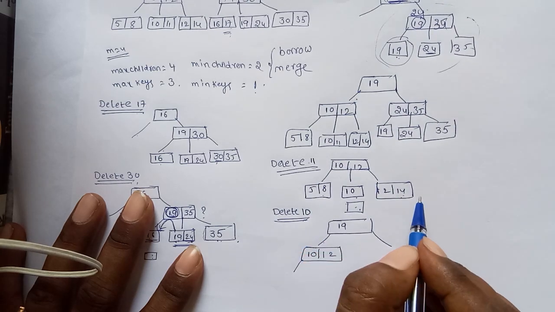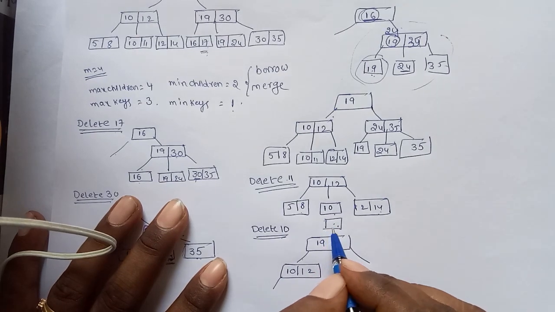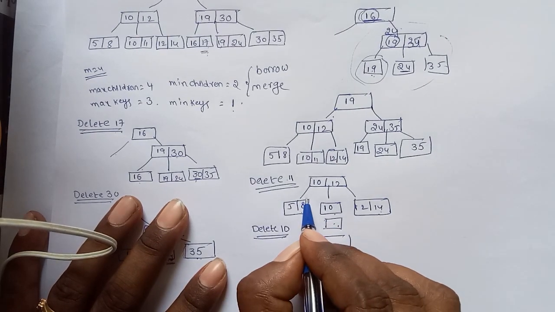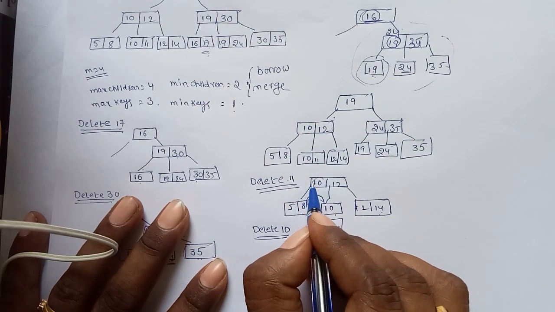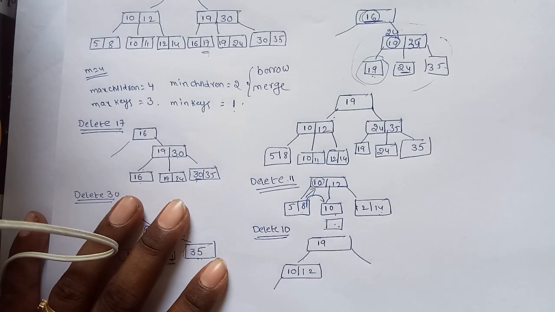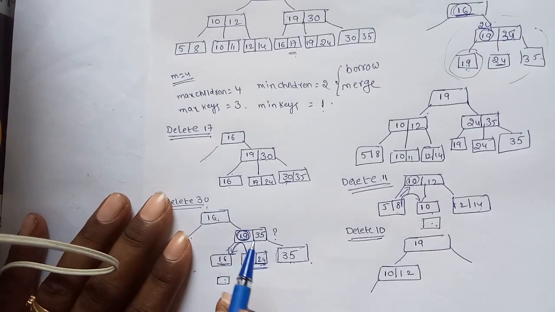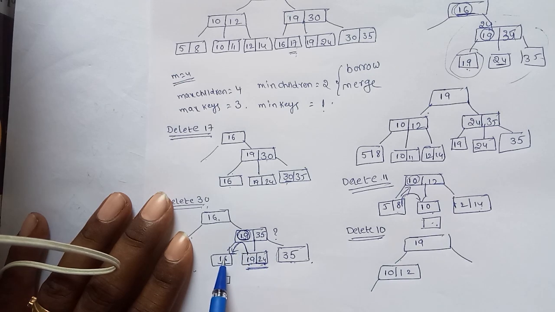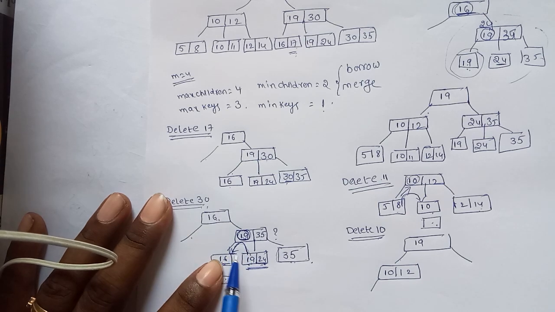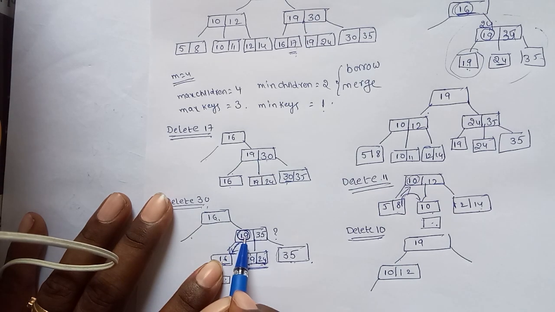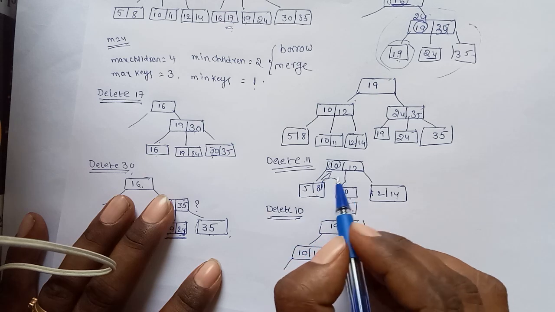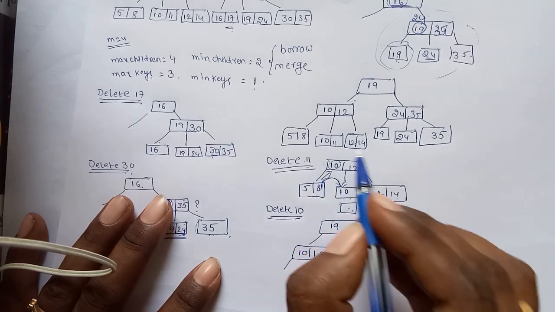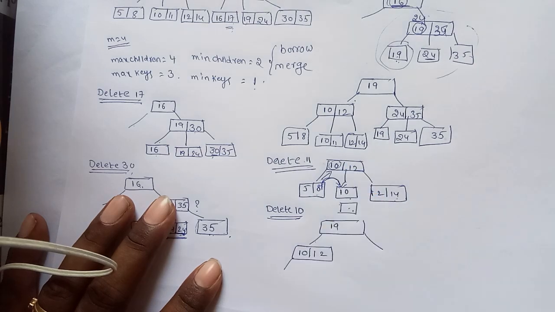We take from either left side or right side. What happens? Whenever we are taking from the right side, this 8 is moved to this position. At the same time, this 10 is also removed. 8 is copied into this position. Similar case. Here also we are copying from the right sibling. If you are copying from the right sibling, this 19 is copied into this one, and the remaining smallest value is copied. Suppose if you are taking from the left sibling, 8 is copied into this position and the largest value is 8. 8 is placed at this position.